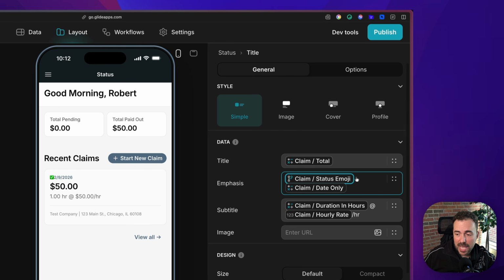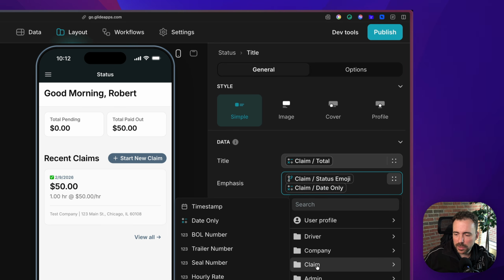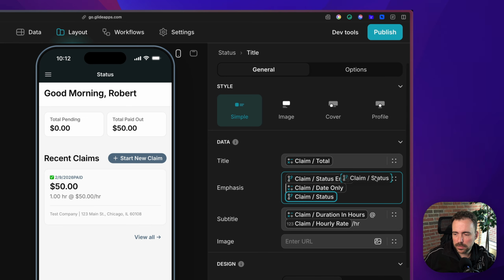And if you wanted to leave it at that, you could, right? But maybe that's not giving enough context. So then we can add the status as well. So I can do claim status. Like that. And then to separate the status with the other information, for example, like the date, I like to